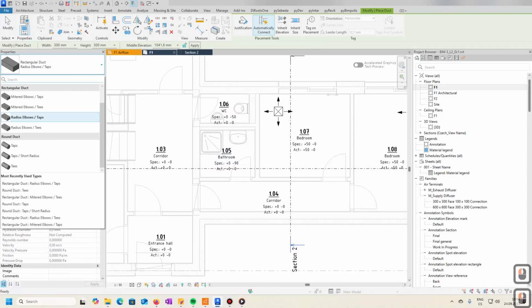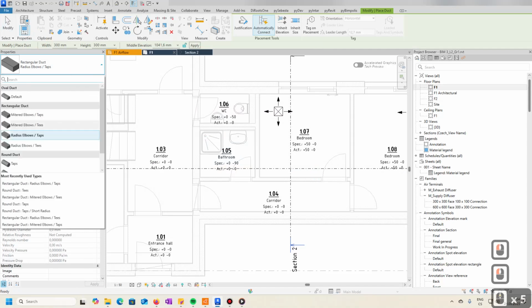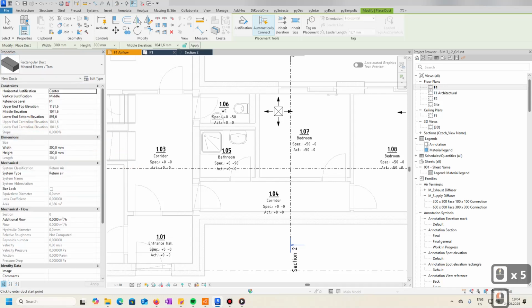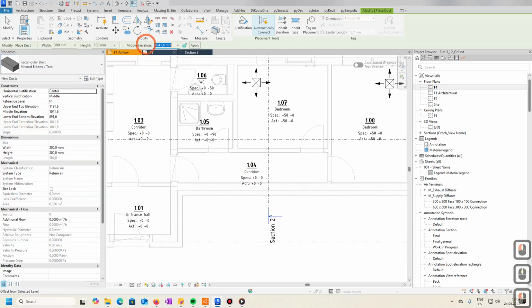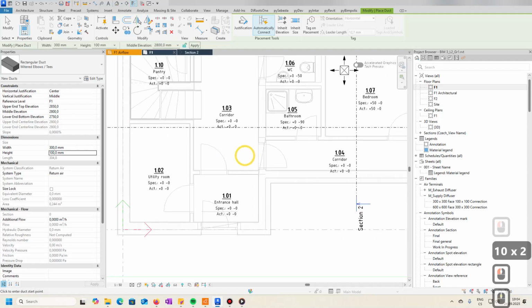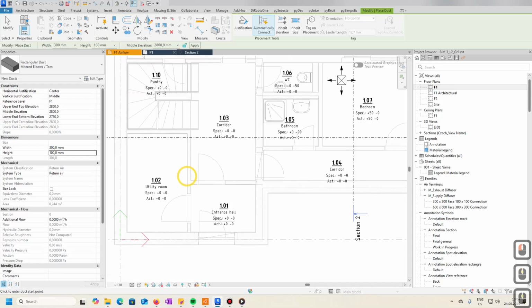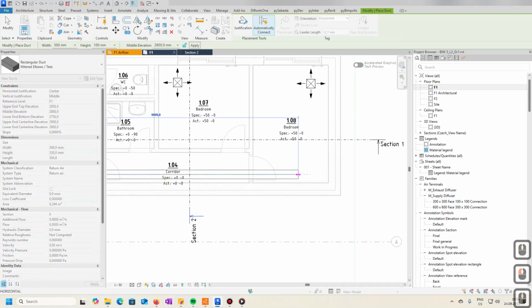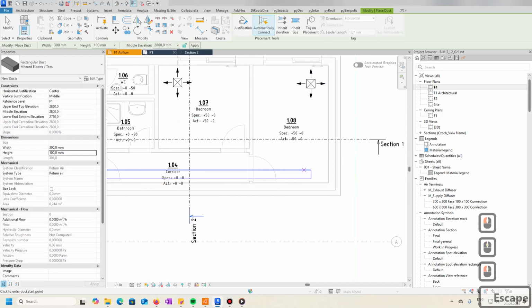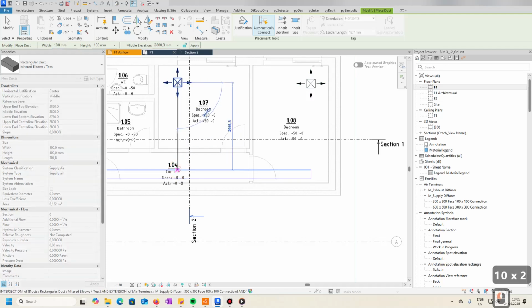In my case, I want to select a rectangular duct mitered elbows, this one and these. And elevation, let's set something like 2.8 meters. The height can be something like 1 meter, and let's start drawing. We want to connect it to utility room, so let's do something like this. Now we want to connect it, so let's make a smaller duct because the connector is just 100 by 100. So we start here and go there,